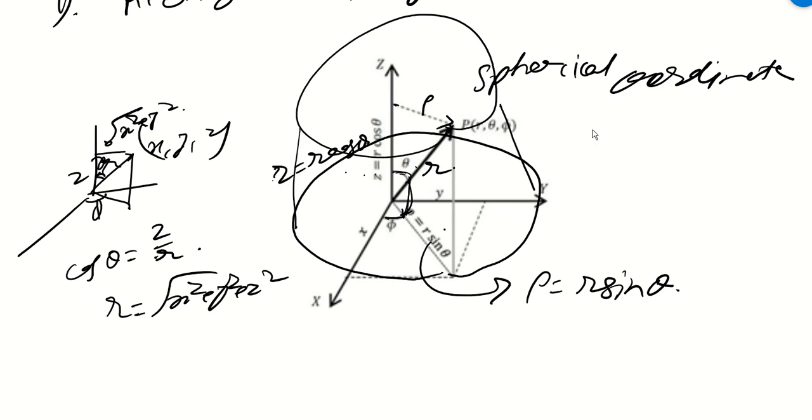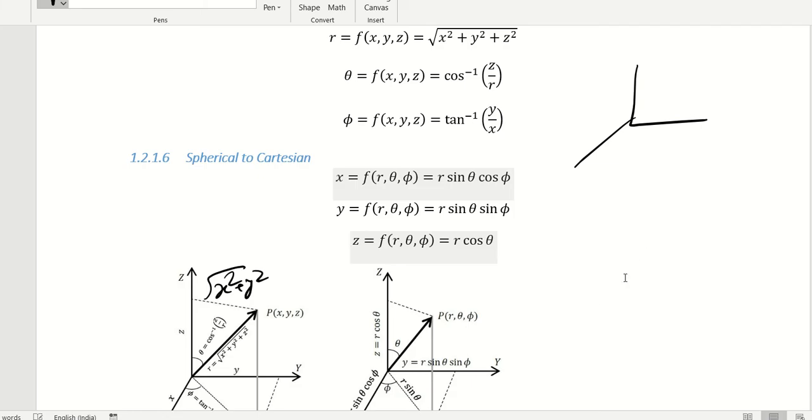Now my aim was to find phi. So phi will be how much? This is my x, this is my y. So phi will be in terms of tan. At tan phi I can write tan phi equal to y by x. So phi will be tan inverse y by x. So this is how you have got.